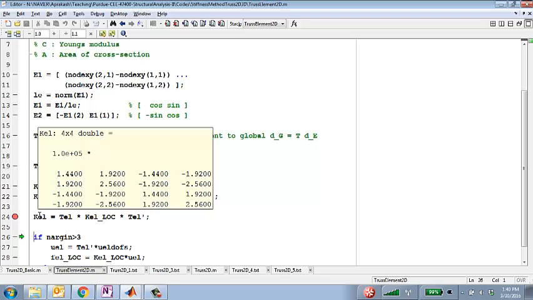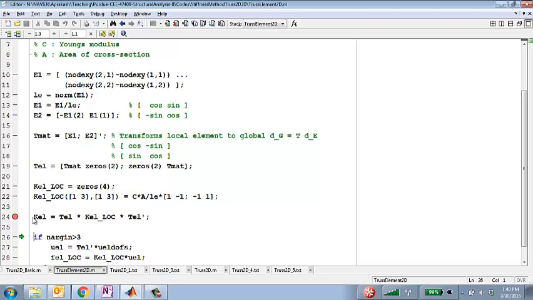So obviously in a local coordinate system, the relationship is very simple. You get lots of zeros in there. But in the global coordinate system, if your element is oriented at some angle, in the global system, that relationship is not that simple. But it's not hard to calculate because Matlab obviously is able to do those matrix multiplications very easily. So once we have this, we send it back to